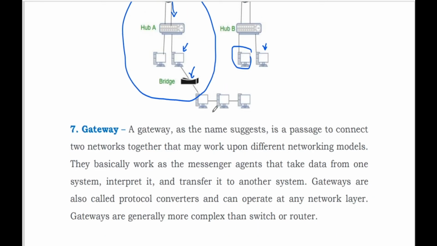Okay. So the next term we have is the gateway. So what is a gateway? A gateway, as the name suggests, is a passage to connect two networks together that may work upon different networking models. So there will be different networking models used, and a gateway works with these two networks.